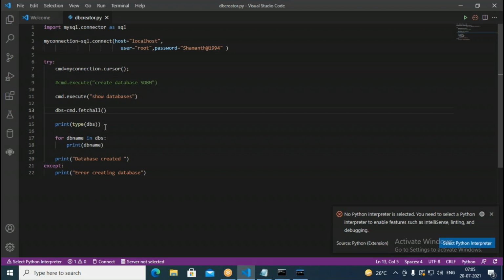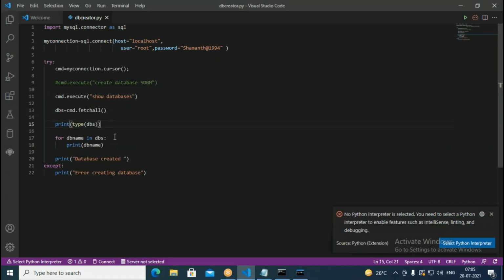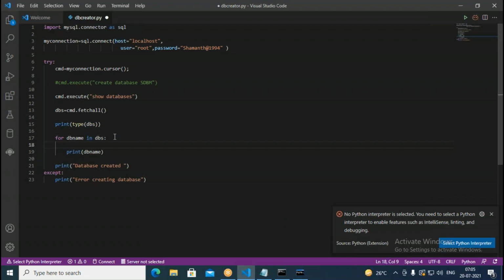Type of DBS, when you say, it is saying list for us. If you look at this piece of code, list, but this is nothing but a list of tuples. When you try to print here, see, print followed by type, then here write DB name. So what it says, in this case it says it as a tuple.